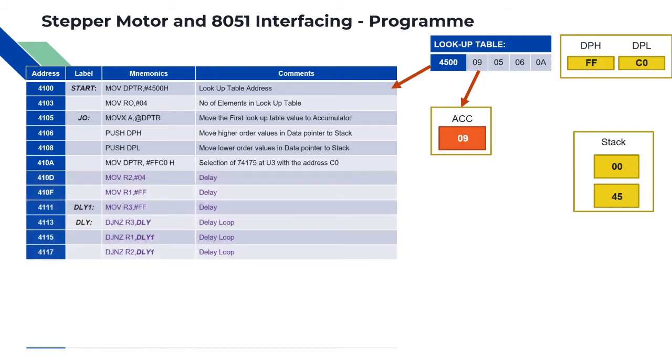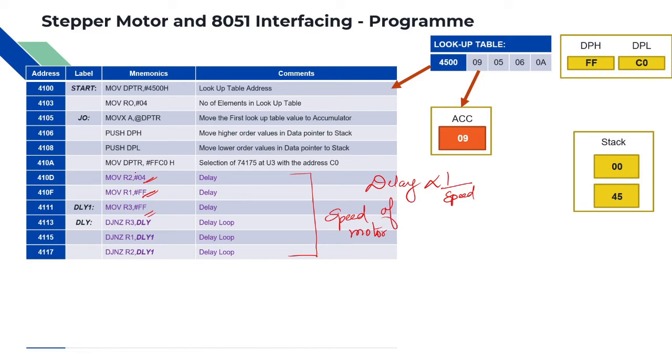Right now, let's create a delay, because this delay program is going to control the speed of operation of the motor. Speed of the motor, right? So if the delay is large, then the speed of the motor will be less. So more the delay, lesser the speed. If you want to increase the speed of the motor, reduce the values, right? So you have values here, here, and here. You can reduce these values by which you can increase the speed of the stepper motor.